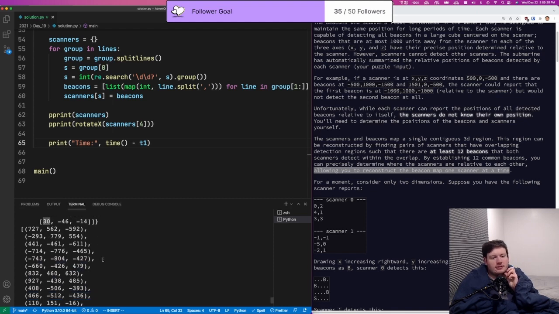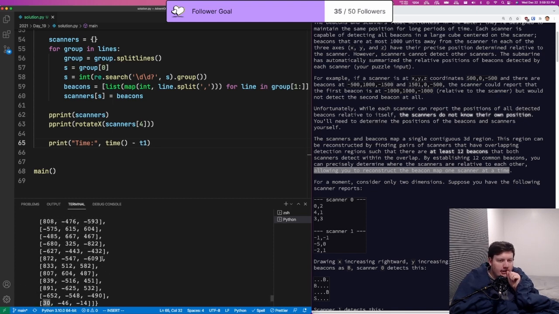Yeah, I don't need to worry about zeroing out anything. But I do need to match the beacons as I check them, because that's, or actually, I mean, yes, map them, but